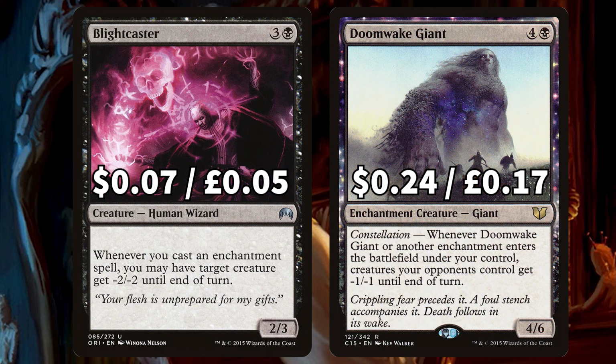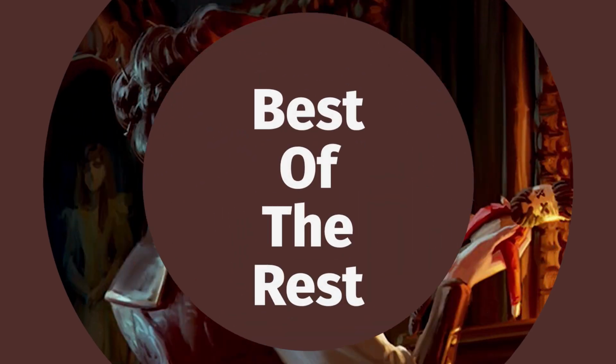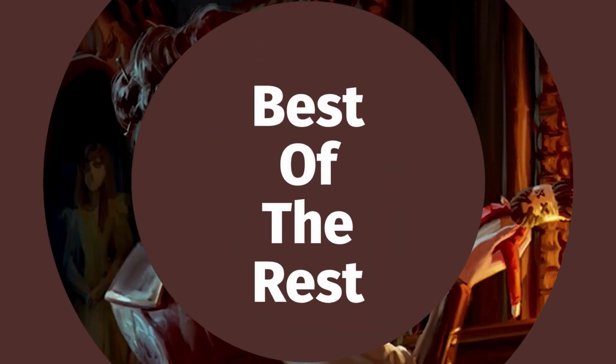Finally, there is Blightcaster to give target creature -2/-2 until end of turn when you cast an enchantment spell, and Doomweight Giant to give your opponent's creatures -1/-1 until end of turn whenever it or another enchantment ETBs under your control. Before we finish up with the lands, we're looking at the best of the rest in this budget brew,